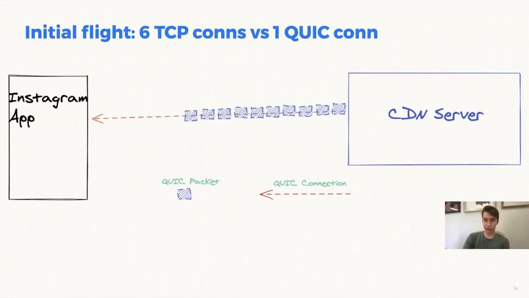a single connection, we don't necessarily need those 6 connections to achieve multiplexing. However, it ends up being disadvantaged compared to those 6 TCP connections early on, because that same connection is still limited by those 10 packets. So this showed up meaningfully in the metrics when we tried to use QUIC and Instagram, mostly in metrics related to app startup time and media loading.